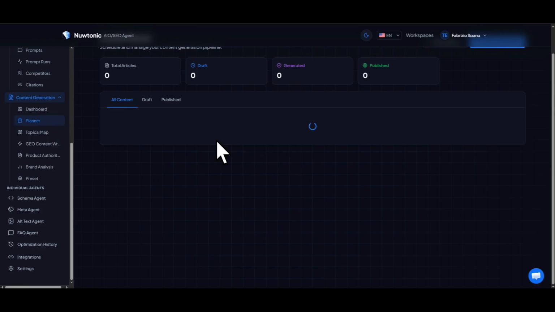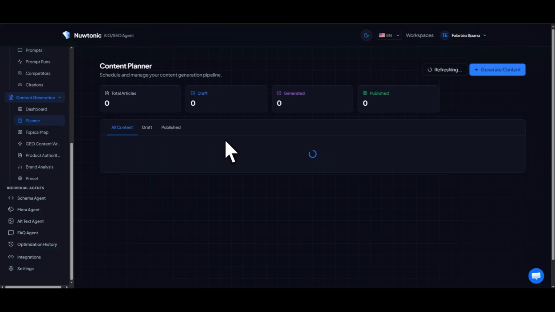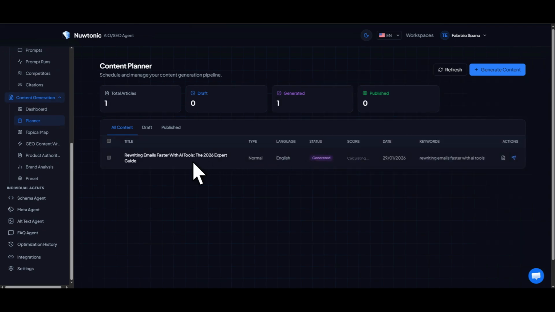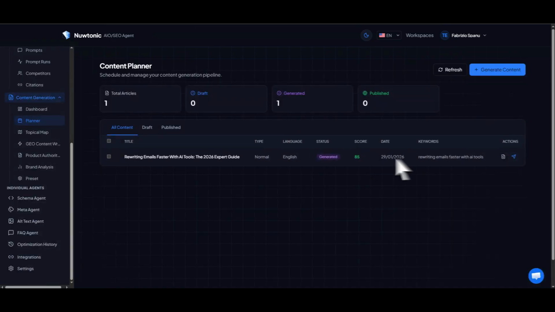So when we click here, it's opening the content. It's refreshing. It's loading. It's calculating the score. We can save as a draft. So let's see how it does. Okay, so 85% is the score. We can set it as a draft. We can publish. If I click here,